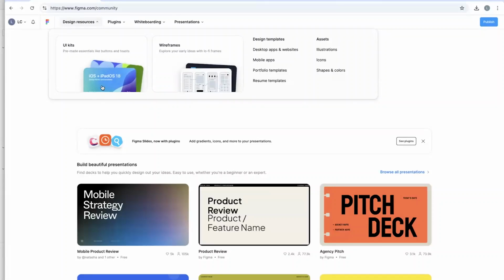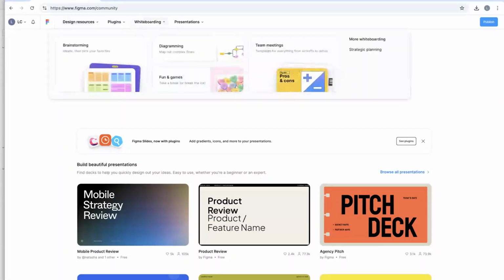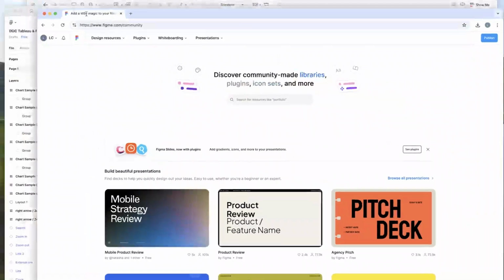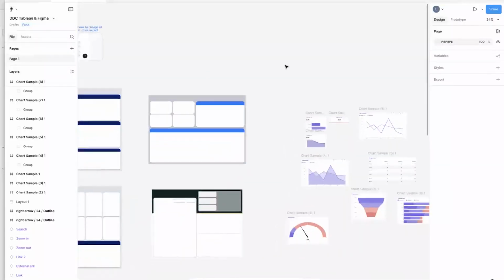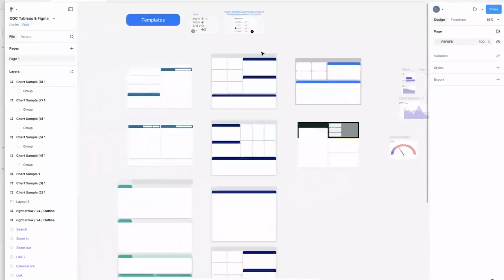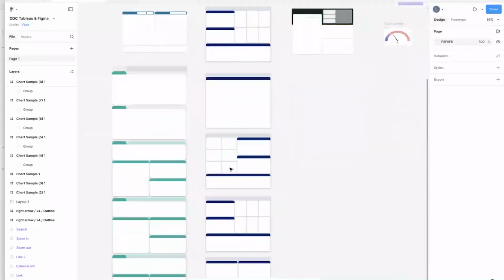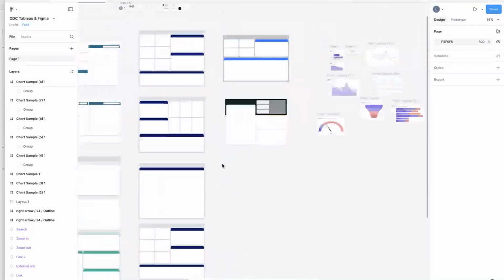Basically, we're just going to create a sample layout. Then I'll show you how to put it in Tableau and make everything work in real life. So over here, I just downloaded the Figma desktop app. And here are some of my templates that I've used on other projects for clients. And I like to keep a,